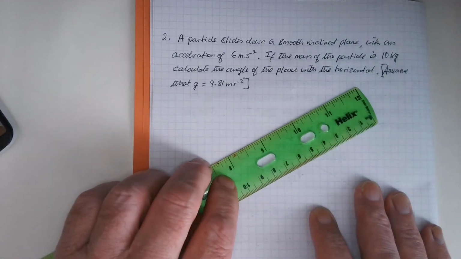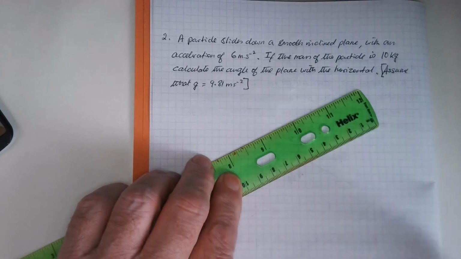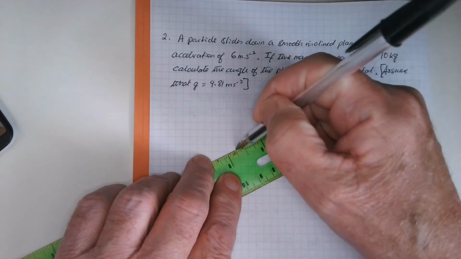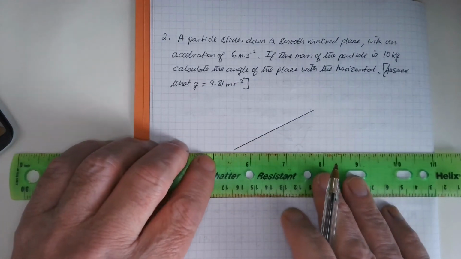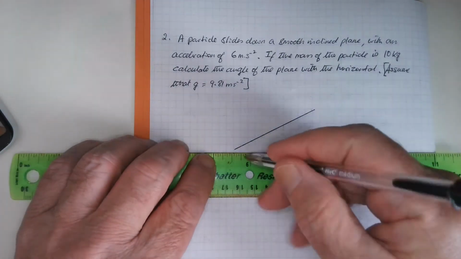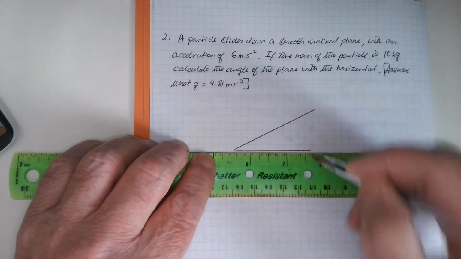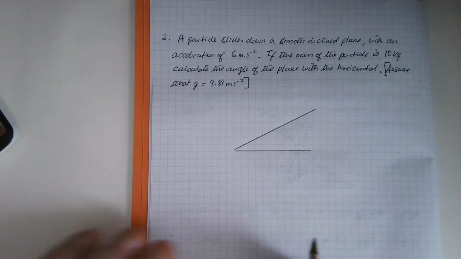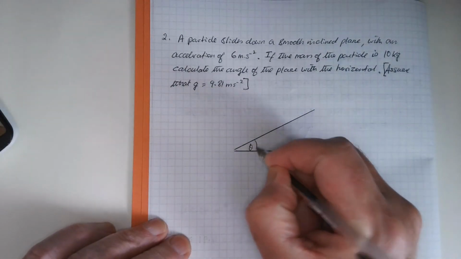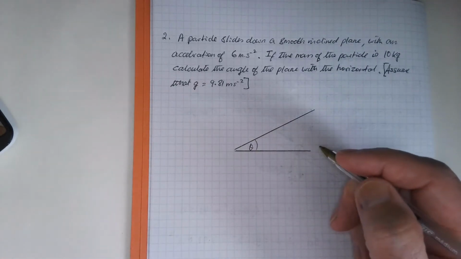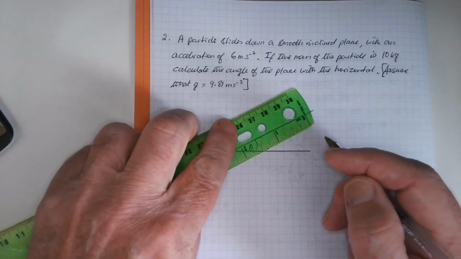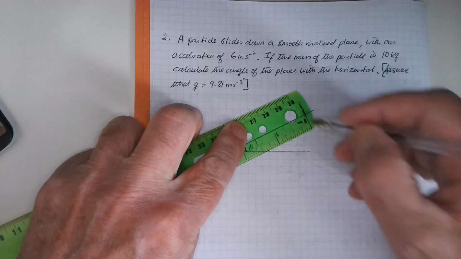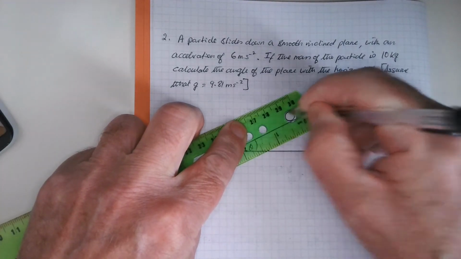Okay, so what have we got? Well, we draw our inclined plane. This time we don't know the angle, so we just guess some sort of random angle, some angle theta. And we say our particle is sitting on the plane. This one is going to be actually slightly easier than the last one because we've only got to consider